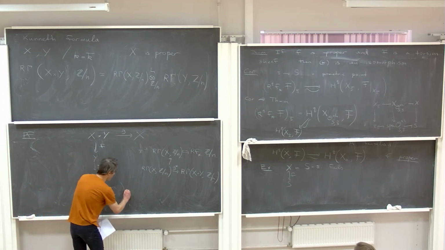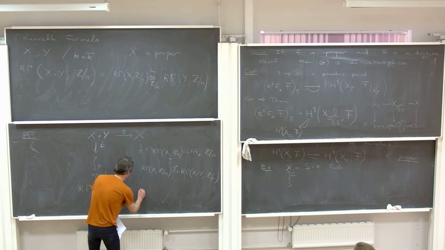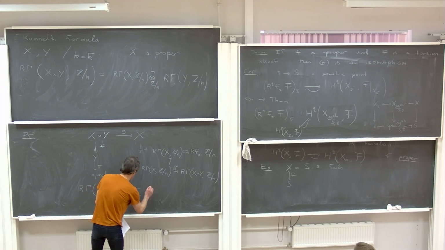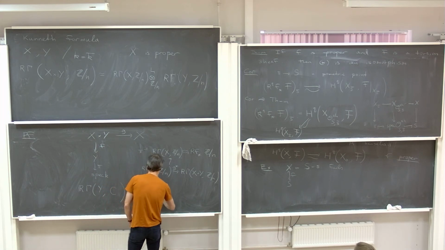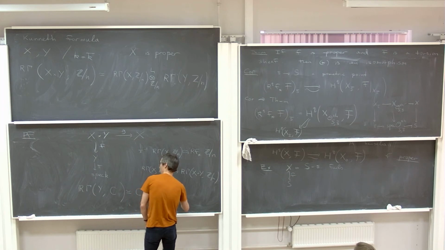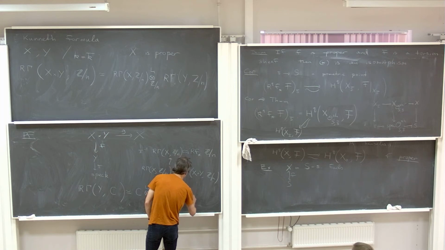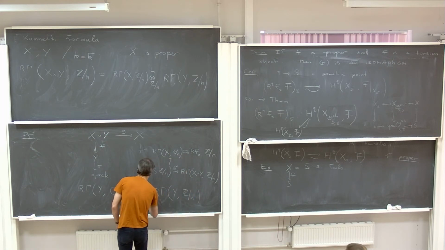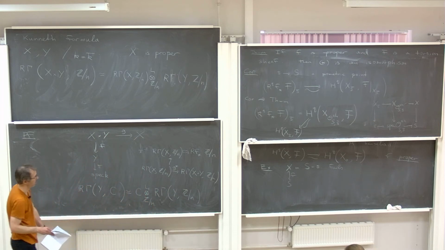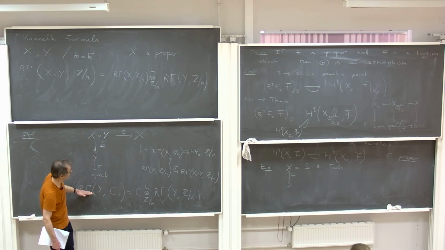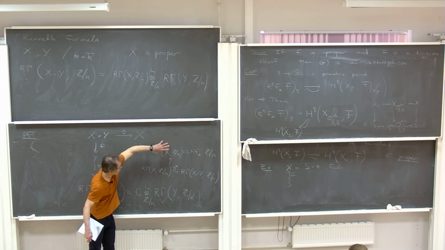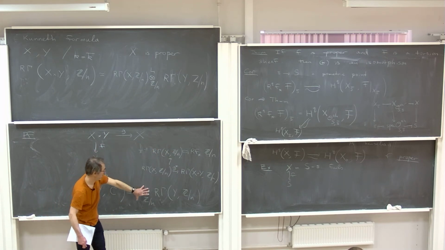There is a universal coefficients formula: it's the same as C tensor RΓ of Y with Z coefficients. So you take this formula here, you apply the functor RΓ, and you move this out and recover